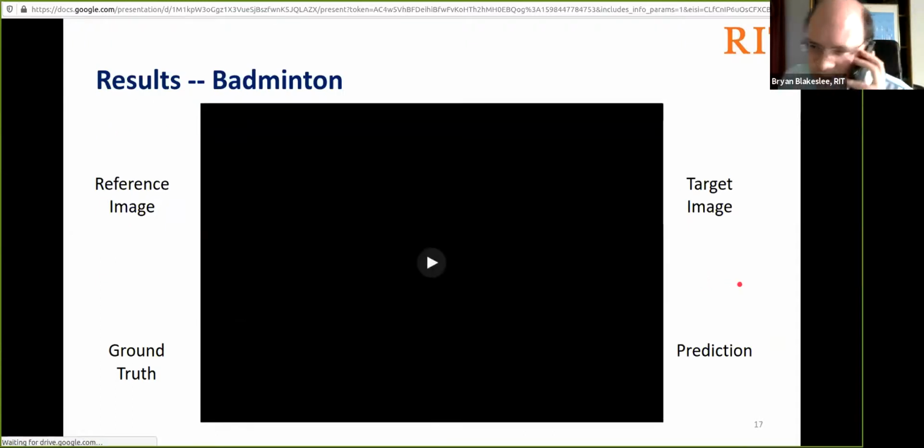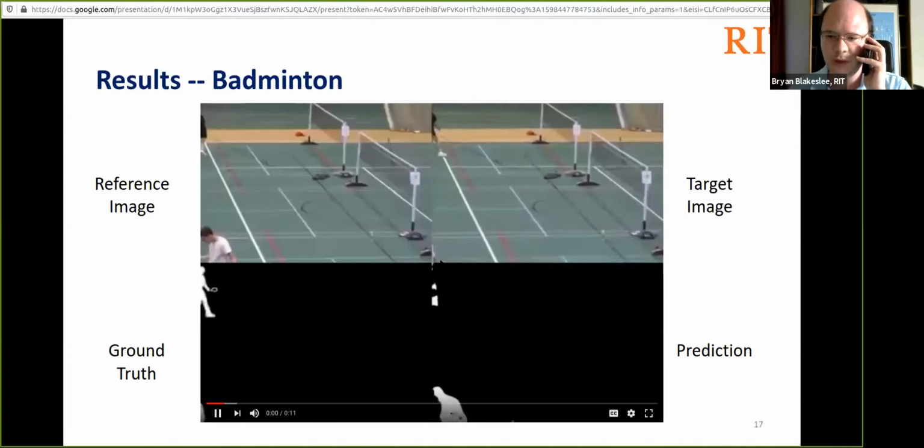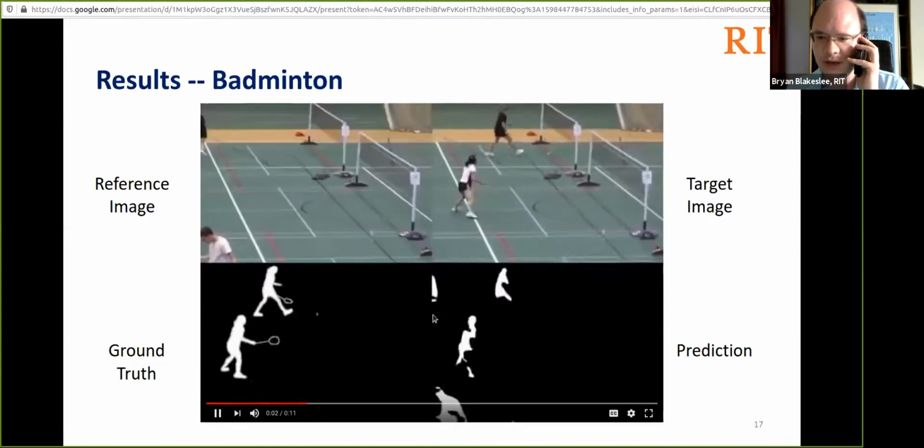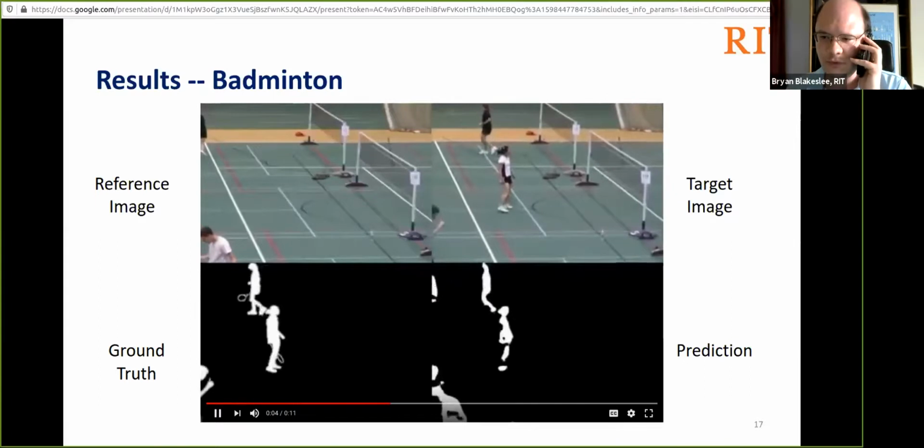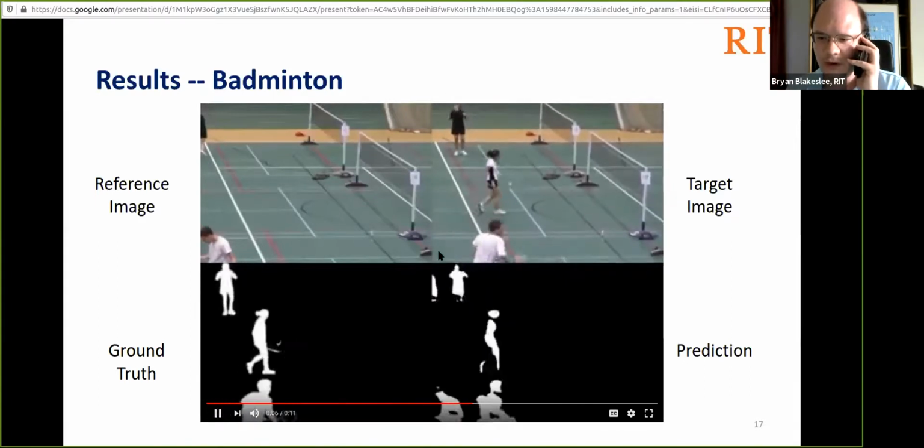Now, before we dive into the actual directional change results, I want to put up a couple of videos of LambdaNet operating in just the binary case. And here we have some badminton players playing on the court.